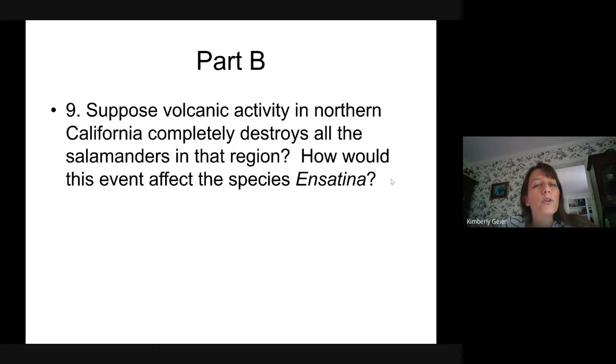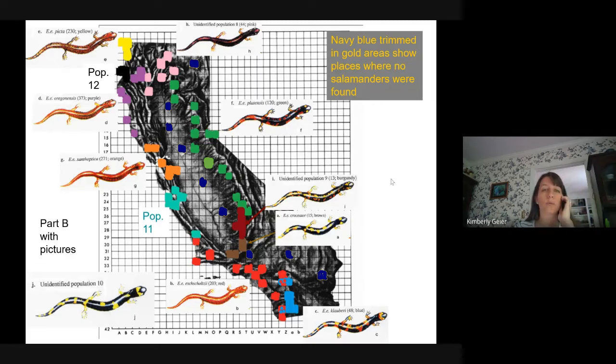Now, what if there was volcanic activity in Northern California? There are volcanoes up there, and it wipes out all of the salamanders in that region. How would this event affect the species Ensatina? So here's our map again, and we've got this